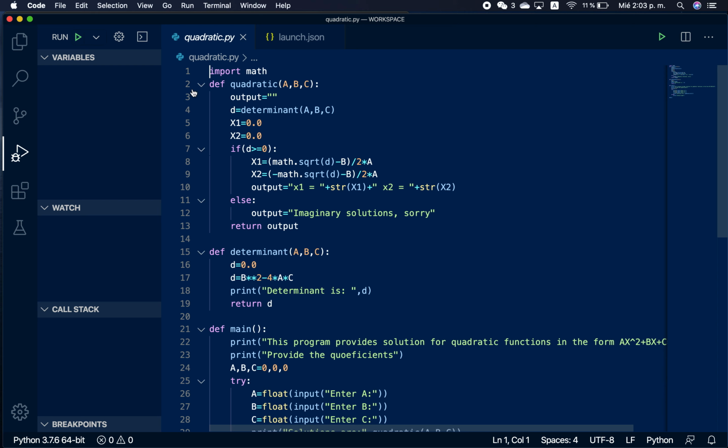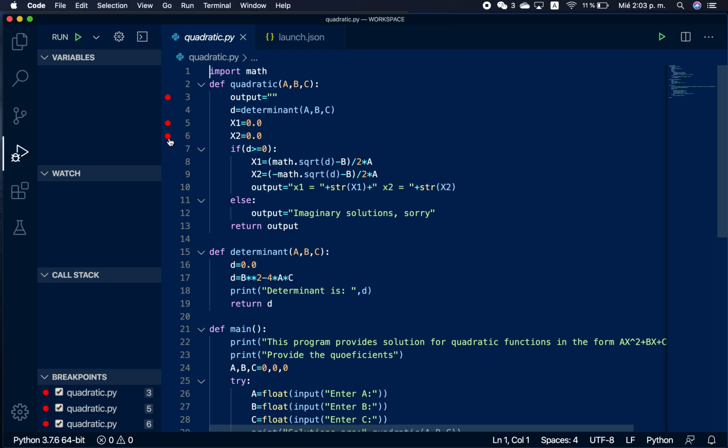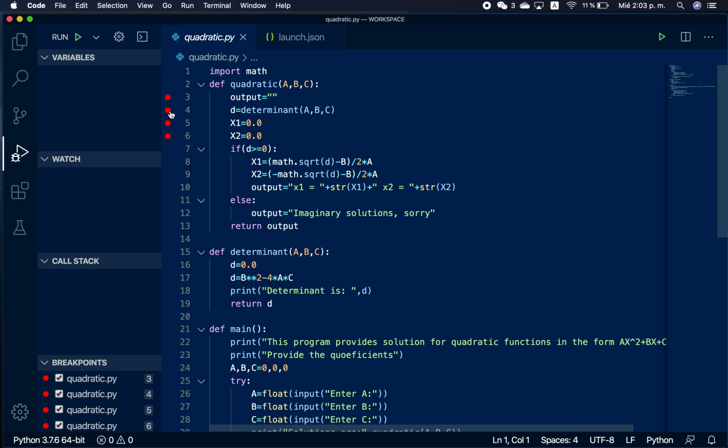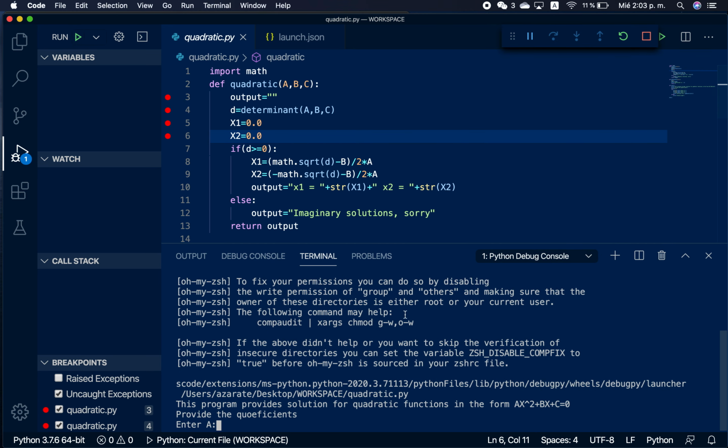Now breakpoints are just points in your code where you want the program to stop to check things. So let's say that whenever someone calls the quadratic function, I want the program to stop there, and here and here, right? Let's call this 4 points. So whenever I enter the quadratic function, I'm going to check what's going on in this line of code, this line, and this line. So when I hit the run button on the debugging tool, the program is going to start,